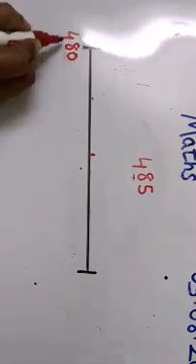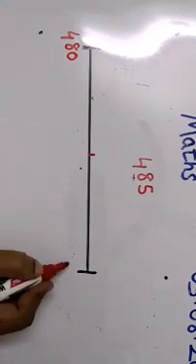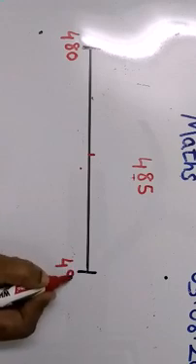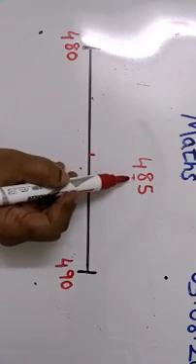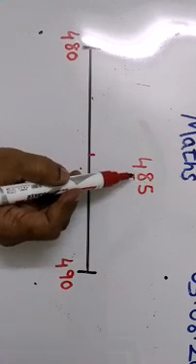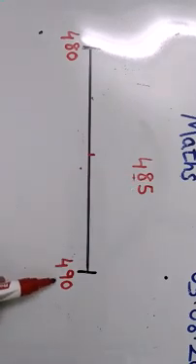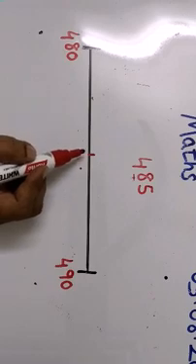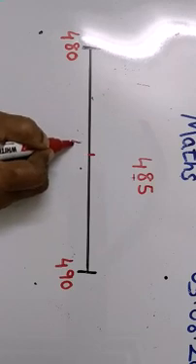The lower side will be 480, right? Now what will my higher side be? 490. How did I get 490 here, children? Because I have to add 1 in the tens place. 8 plus 1 gives 49 tens, or 490. Now what's my middle number, children? What number would come in the middle? 485.